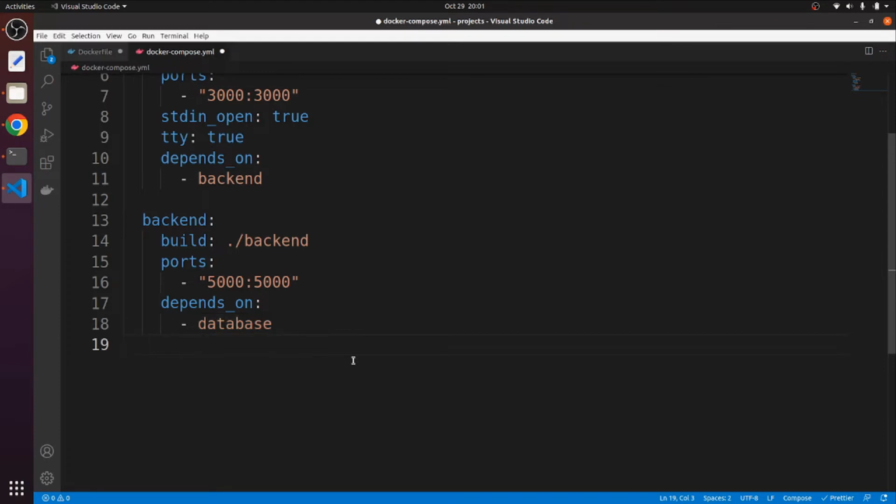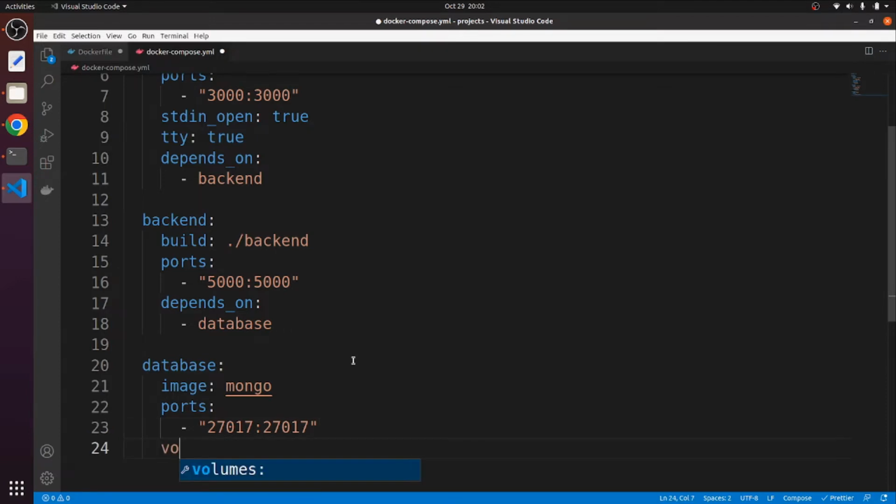Let's create a database service as well. And now we're not going to build any Dockerfile. We're going to be using the Mongo image, which already exists in Docker Hub. So I'm going to use the image command, which is used for pulling images from Docker Hub. I'm going to specify the image name, which is mongo. I also make the port mapping for this one. I'm going to use the default port for the MongoDB database. All right, and